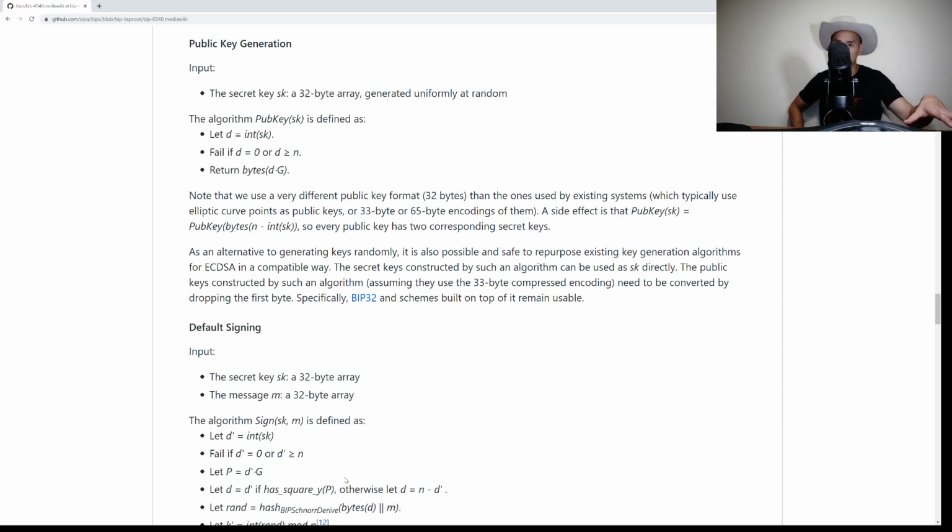So basically, BIP-32 defines HD wallets, which is more or less what every wallet uses. But instead of using the 33-byte compressed SEC pubkey, what you're going to need to do for the purposes of Schnorr signatures is to cut off that first byte and use the last 32. Because the first byte only tells you the parity, but instead of using the parity, what you're going to do is figure out which one's a square and use that.